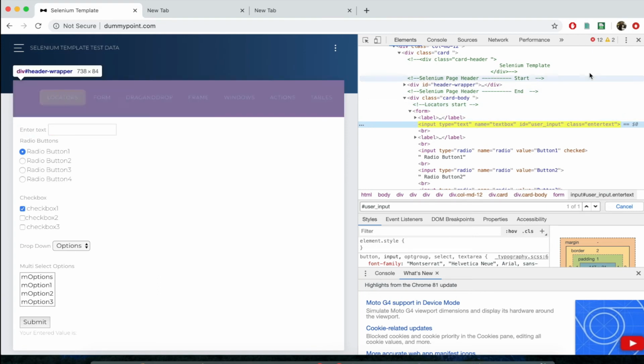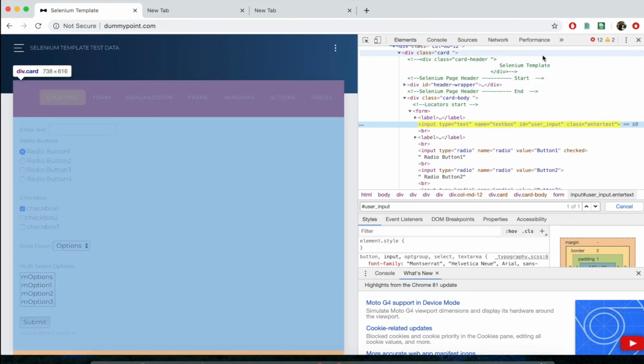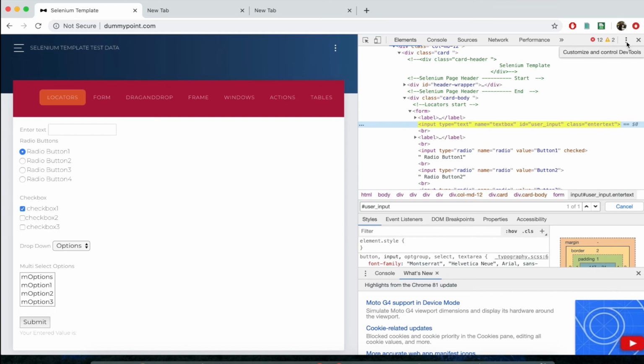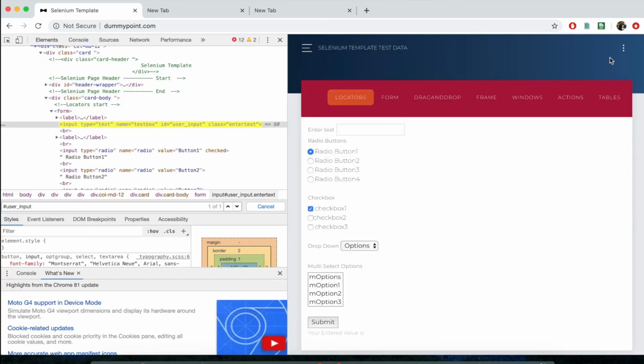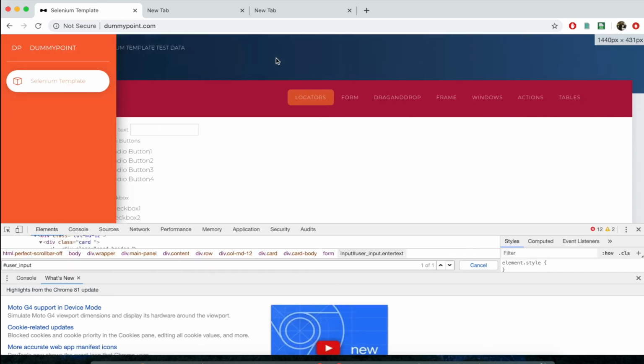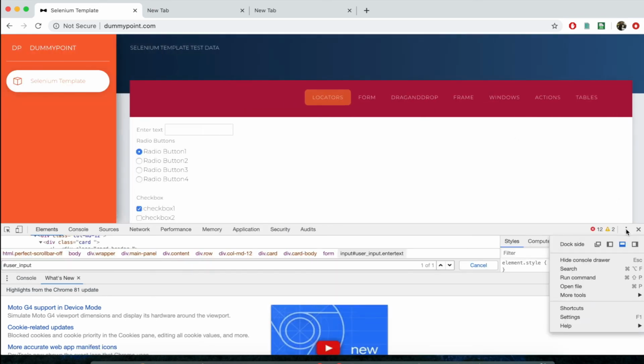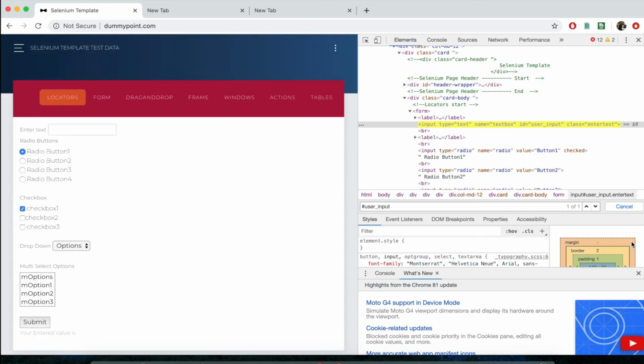This dock also you can change to the required location. Click on this 3 dots menu and click on dock side, whether you require it on the left side or at the bottom or whichever direction, you can keep it there. This is the Chrome inspecting tool, the Chrome Dev tool in the Chrome browser, and similarly in Firefox also